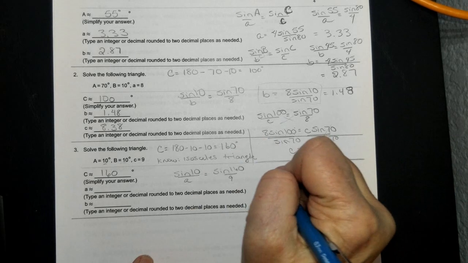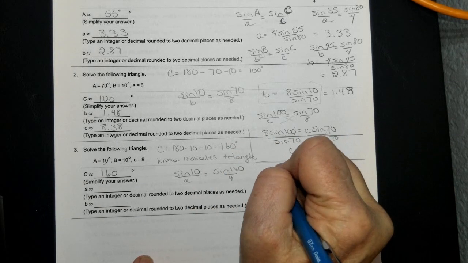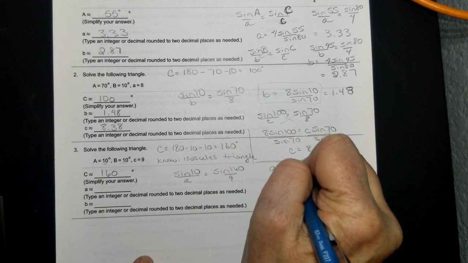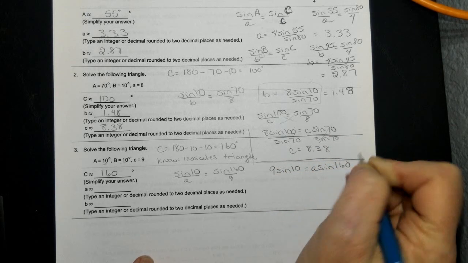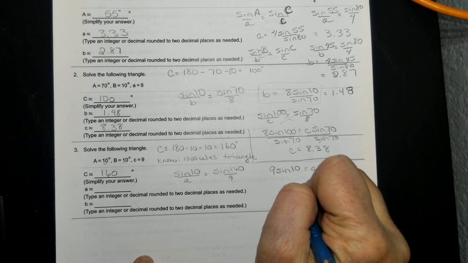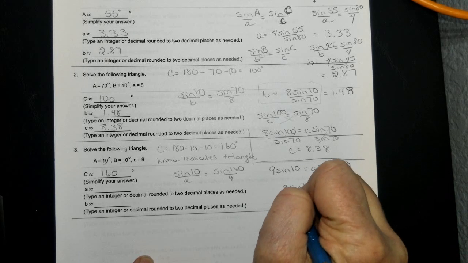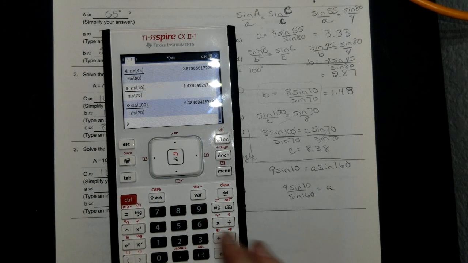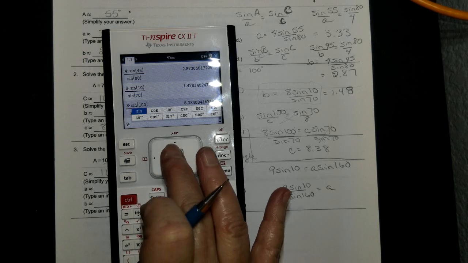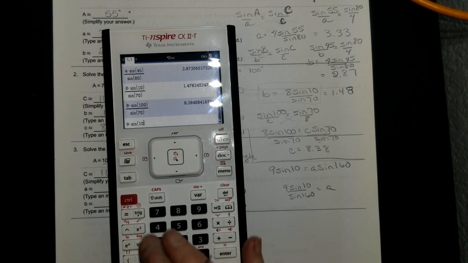Do the cross multiply. I think I'll put that step and leave it there. 9 sine 10 equals A sine 160. And so 9 sine 10 over sine 160 equals A. 9 times sine 10 tab divided by sine 160,